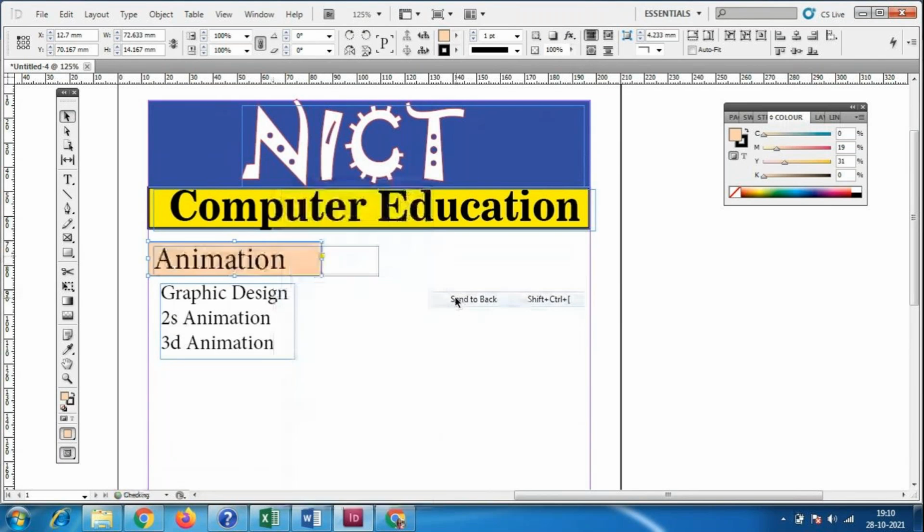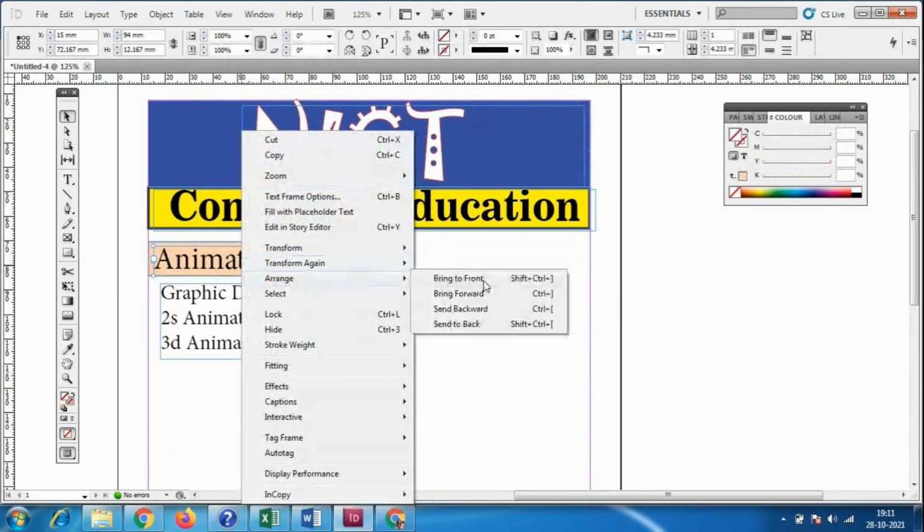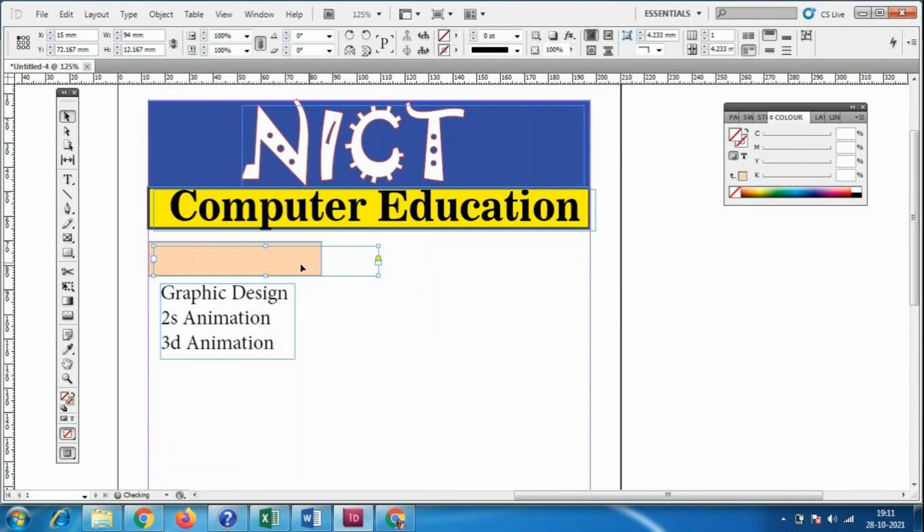Otherwise you can select this text also. So the text layer which is selected with a different box, and right click on this, arrange, bring to front, bring forward, send backward, send to back. Bring forward and send backward, these two options we are using for the pages. So when we are using the pages, suppose we have 10 pages, that time we are using it for the different pages. The second page should go back of the first page, something like that we have to do. That time we are using this one. So now this text should go back, means send to back. So now the text went back of this shape.